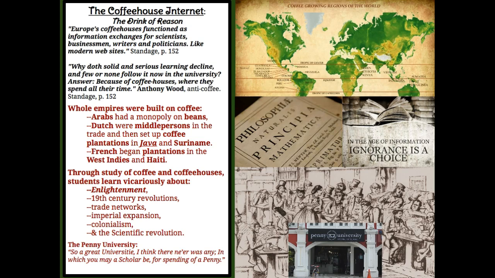The French began plantations in the West Indies and in Haiti. With coffee comes sugar, and you know that unfortunately sugar cane is harvested by slaves, and we see that especially in Haiti. What we see with coffee, it has an impact on revolutions, and it has the greatest impact in Haiti, where you have slaves harvesting coffee, the coffee bean, and sugar cane. But we also see that because of something like the French Revolution, it leads to the Haitian Revolution. And the Haitian Revolution is one of the only successful slave revolts in the history of the world.